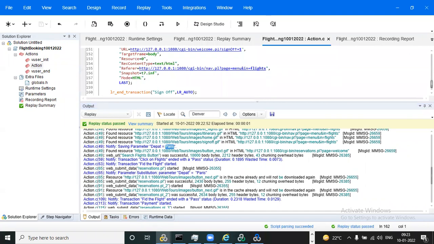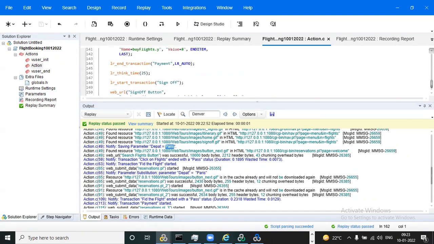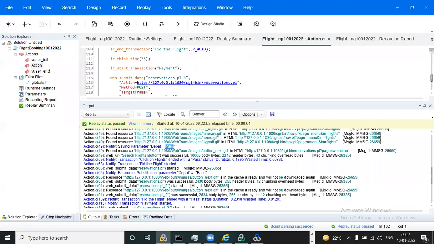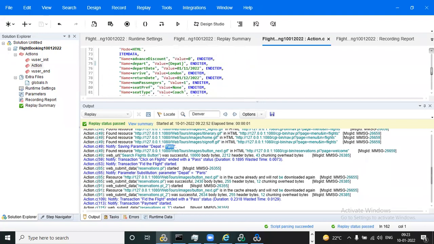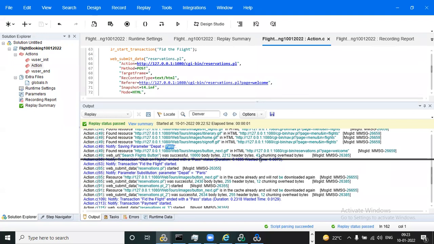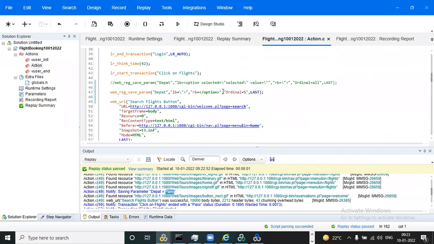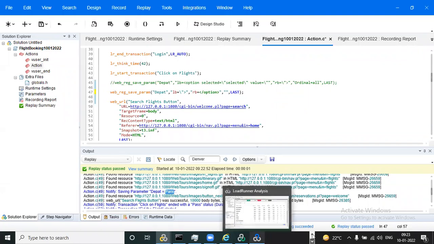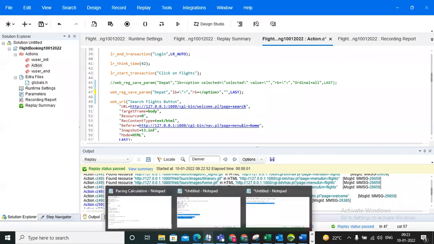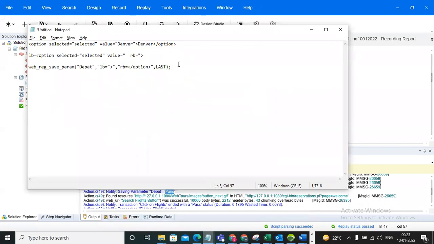So next, we have to discuss the other arguments. We have different arguments here. Our next requirement: what is our dynamic value?